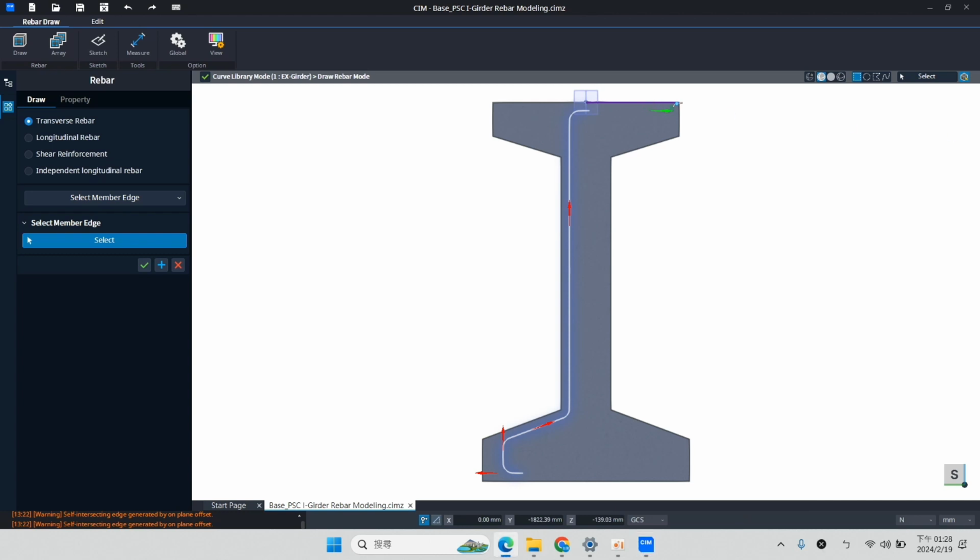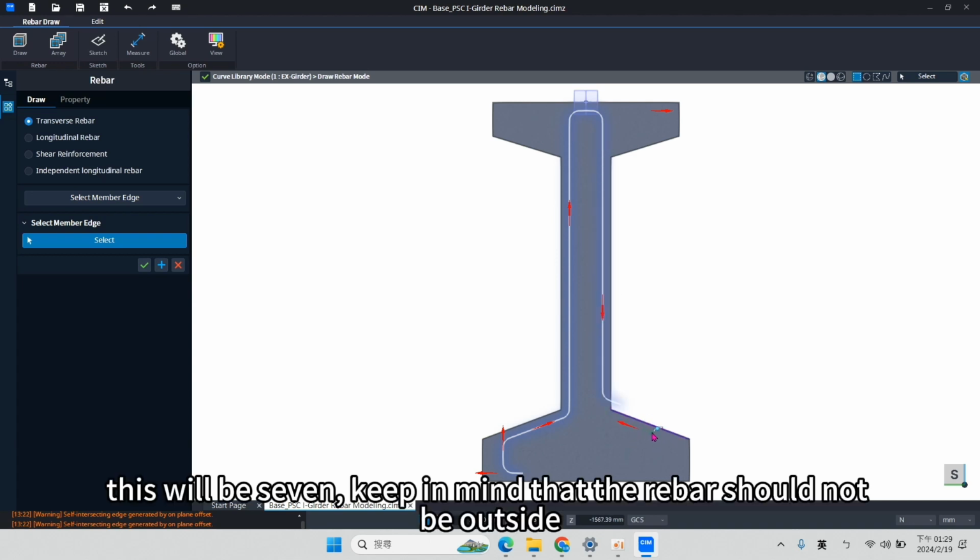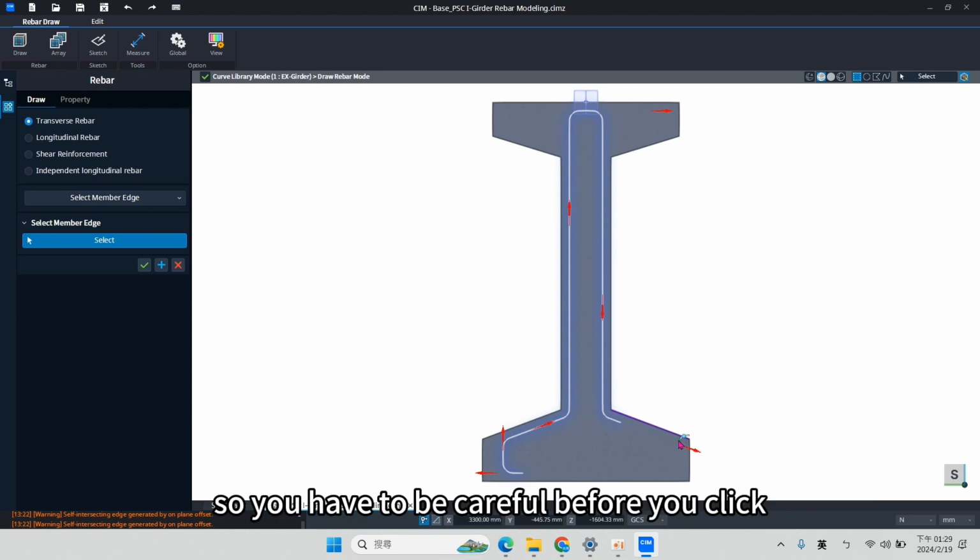Okay, and then the second click. Sorry, the sixth click will be in this part. This will be 7. Keep in mind that the rebar should not be outside, so you have to be careful before you click.